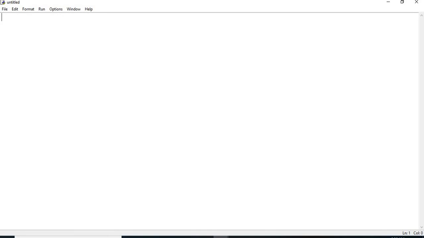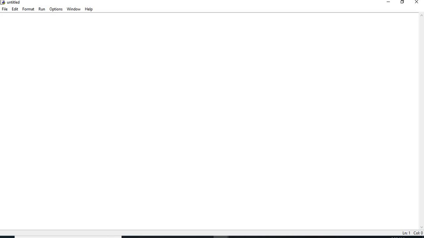Here we are going to implement stack programming with the help of a list. It means we are going to apply the property of a stack on a list. For this we have two operations: one is the append operation and another is the pop operation. These two methods are used for insert and delete operations on a list.